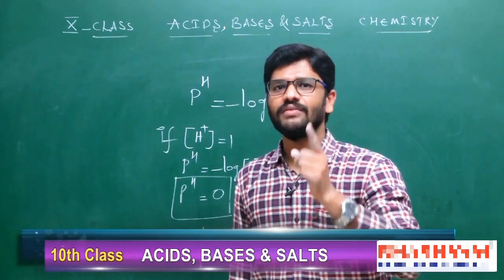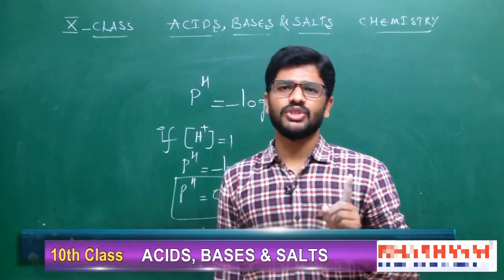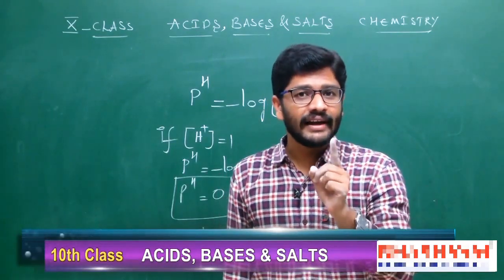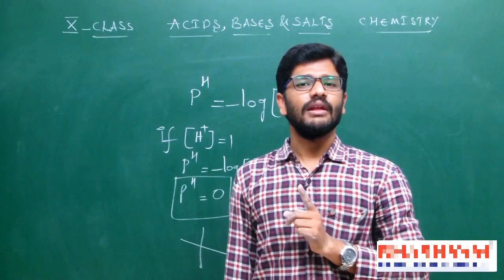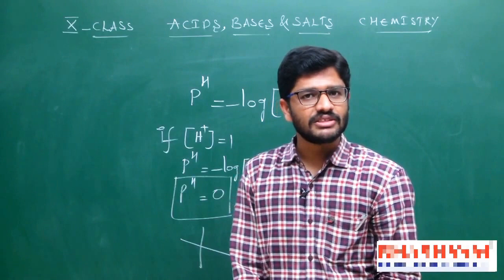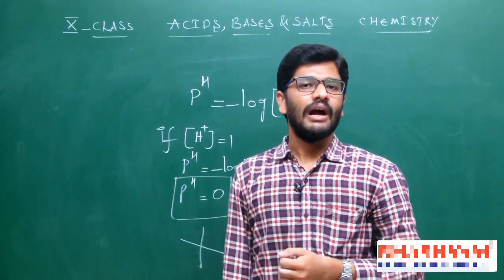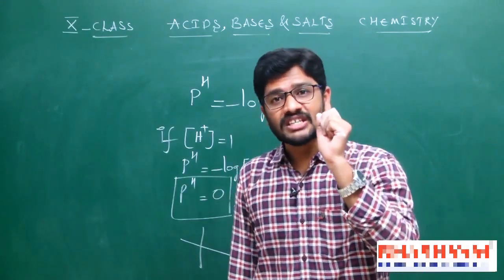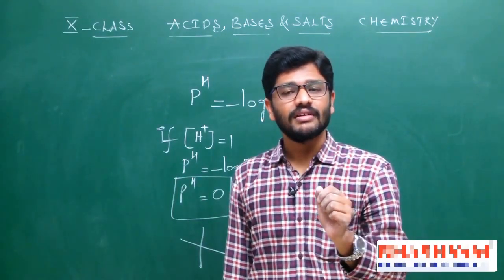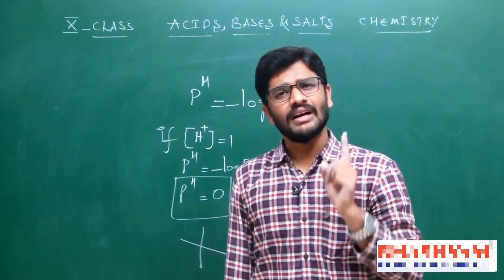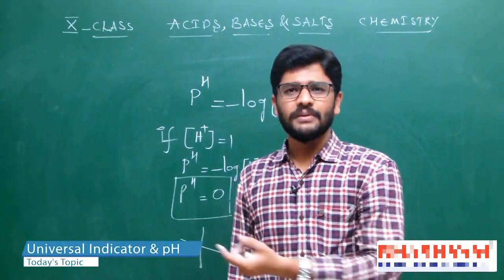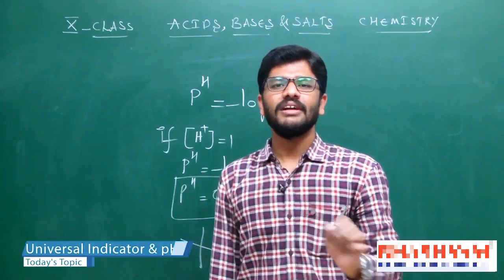Okay, students, this is a very, very important question. The pH scale is valid at room temperature only. Otherwise, if the temperature increases, the pH scale can shrink. And another condition is that the pH concept is valid only if the concentration of H plus ion is less than 1 molar. If the concentration of H plus ions is greater than 1 molar, this pH concept cannot be applicable.